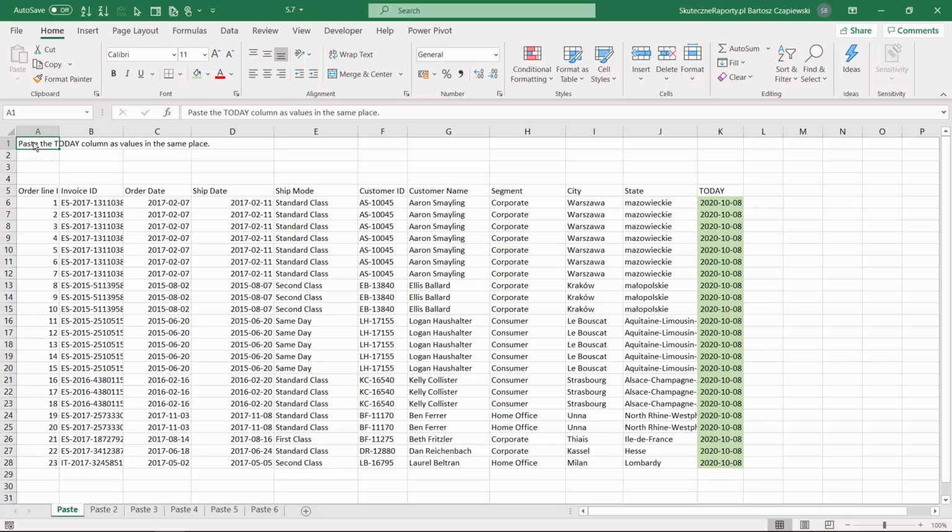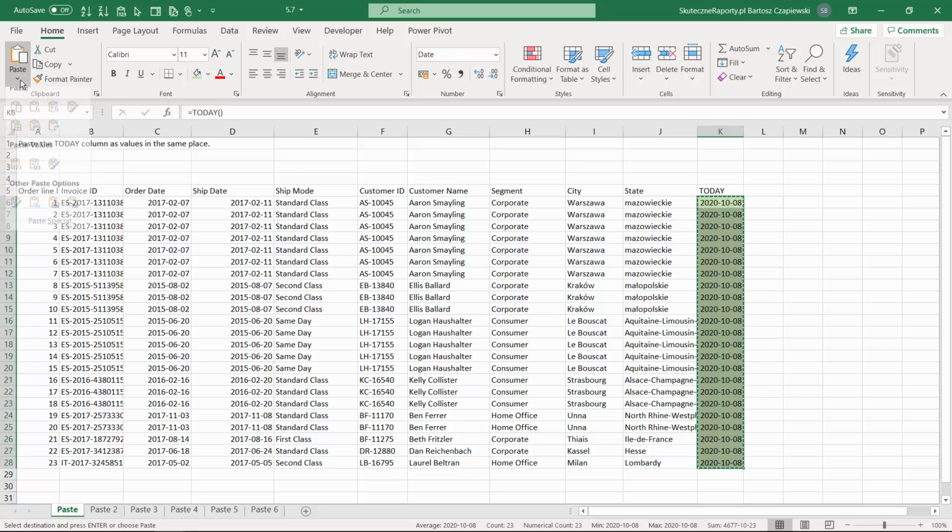The next operation we will perform is the paste operation, which means we will take some of the cell contents and then we will copy and paste it somewhere else or in the same place as in the first exercise. So we go for the today column, we copy it, and then we need to paste it as values in the same place. So we can go to paste options on the home tab,